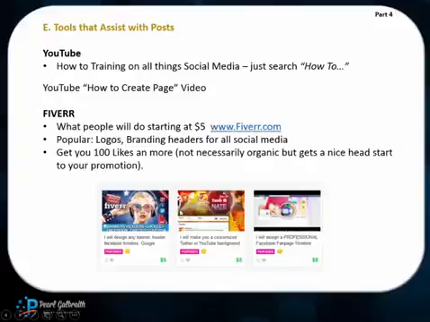Go to Fiverr.com, click under social media for services, and you will find a variety of people, probably 200, that will create banners and artwork for you, exactly scoped and exactly to the size of your Facebook cover as well as your Facebook profile. They will do that, and then they will also create complimentary ones for Twitter and YouTube and all the other social media sites as well. I use it frequently and find it incredibly efficient. So that's Fiverr.com.